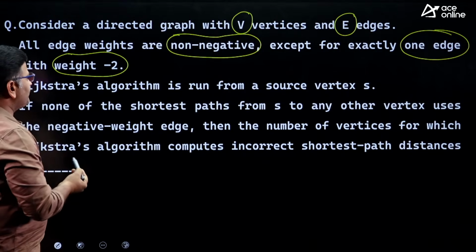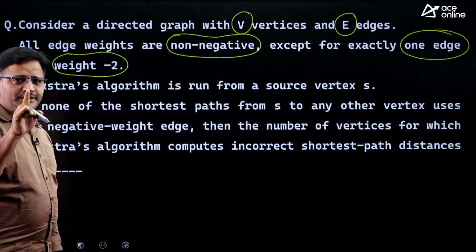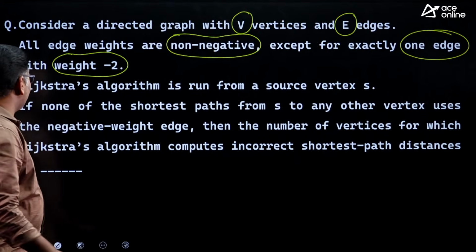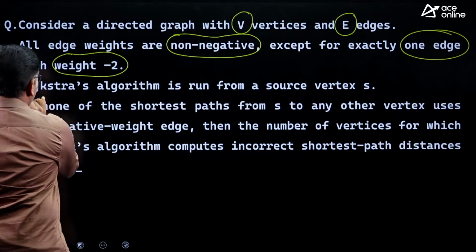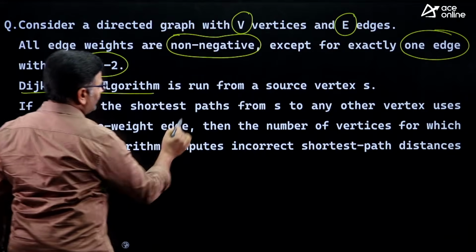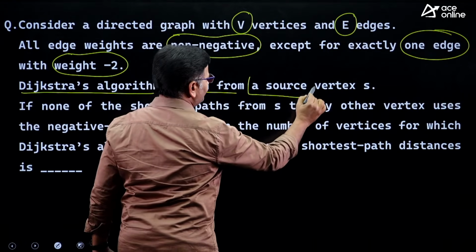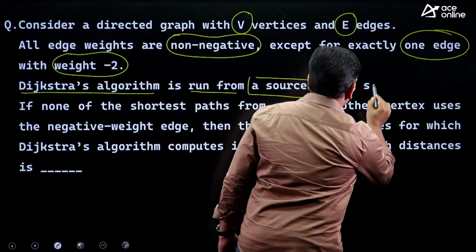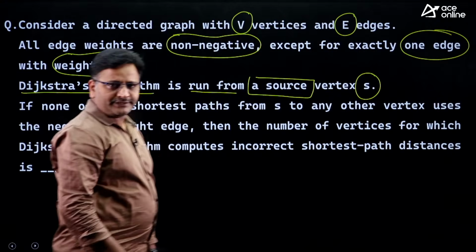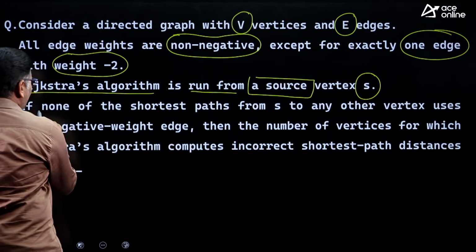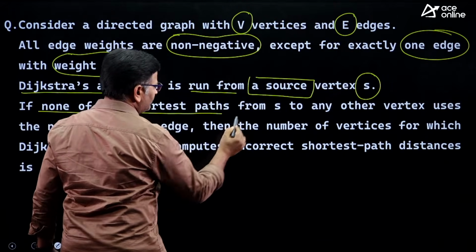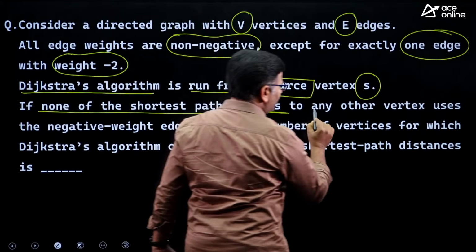It means that all edge weights are non-negative; there is only one edge whose weight is equal to -2, friends. And Dijkstra's algorithm is run from a source vertex S. And if none of the shortest paths from the source S to any other vertex